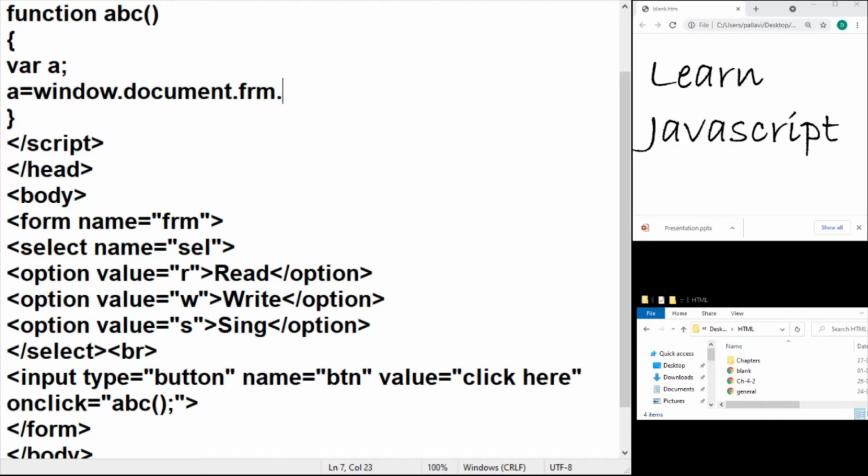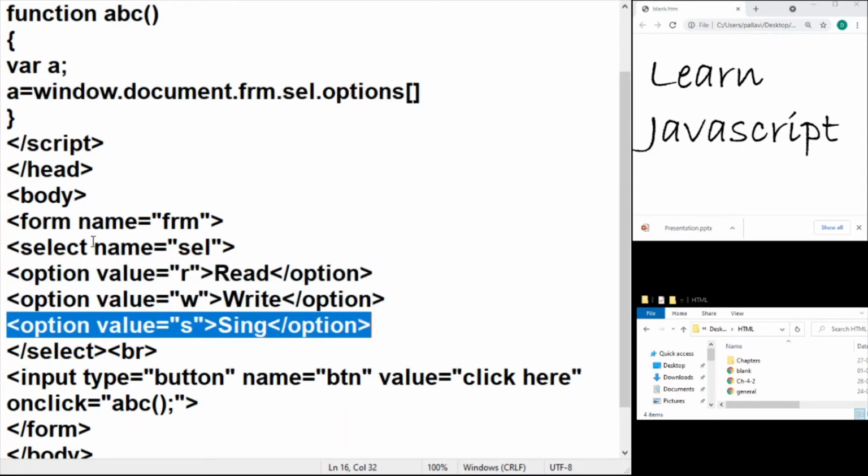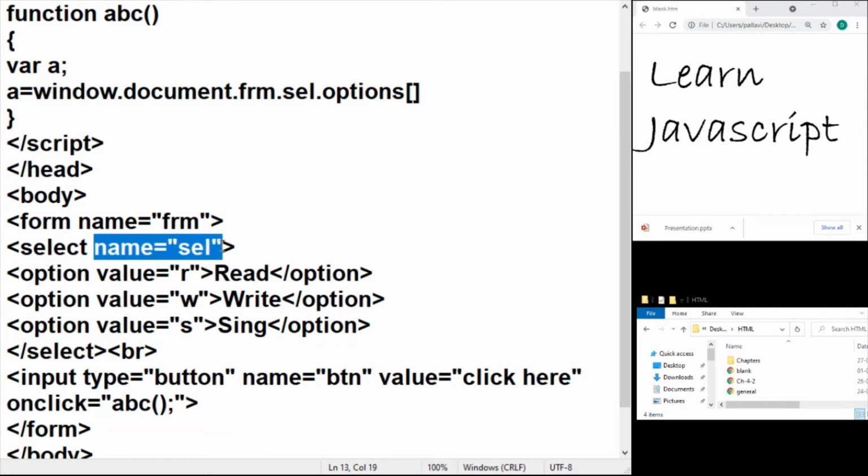Now, inside the form, I'm talking about the SCL control. So again, this is going to remain the same hierarchy that we have used from the text box to the radio button to the checkbox to the drop down control. But here is where you will have a little difference. So I am going to use the options array. Now, why options? Because each of these options is called with the same name. What is the name? The name is SCL. So if I want to differentiate between different options, I have to use the option tag as an array in JavaScript. So, okay, when we say array, what do we really understand?